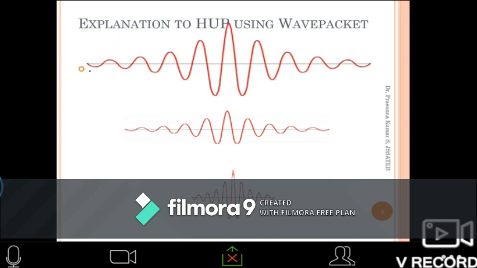Look at these diagrams, three diagrams. They are called wave packets. It's not a simple, single wave. This is the resultant wave. There are many waves, 1, 2, 3, 4, 5, 6, etc. If you imagine there are many waves, their resultant looks like this. You have three similar diagrams: the first one is the longer one, the second one is a little smaller, and the third one is smaller still. So we call this a wave packet.